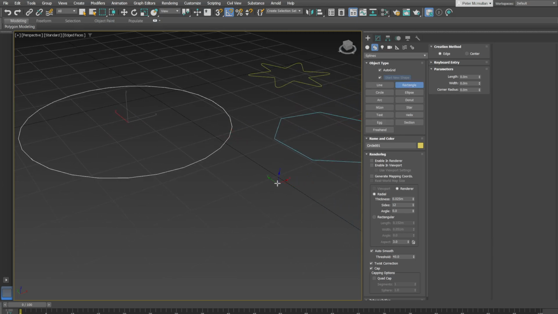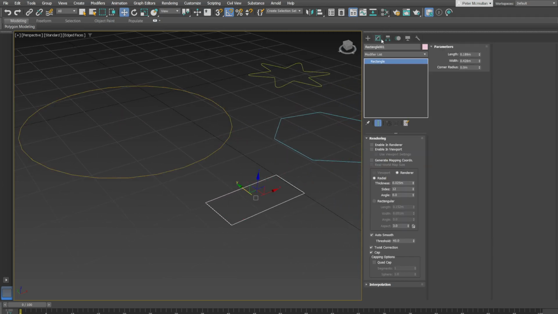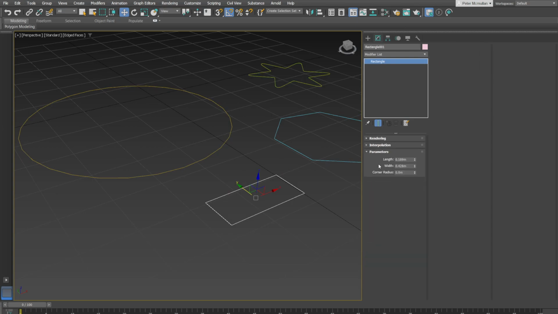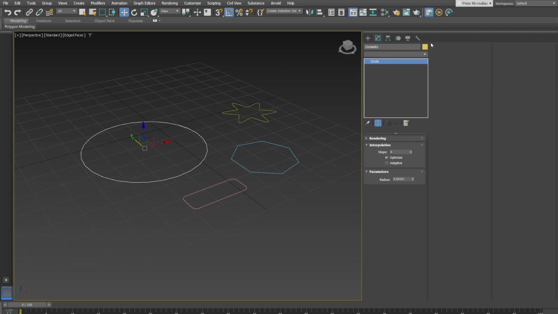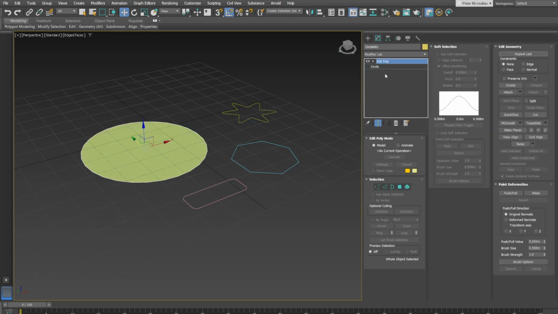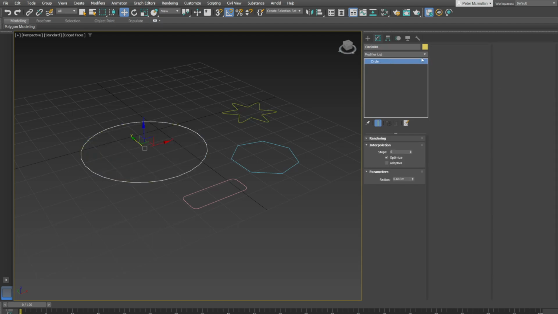Let's take a look at rectangle. Okay, again, just turn that up. It's got 3 parameters: length, width, corner radius. Okay, so, just like the polygons, these are also made up out of sub-objects. Okay, but instead of adding an edit poly, now we could add an edit poly to the circle, but it's not something I would recommend. Let's add an edit